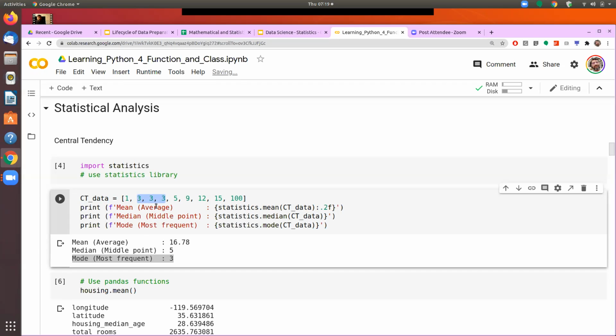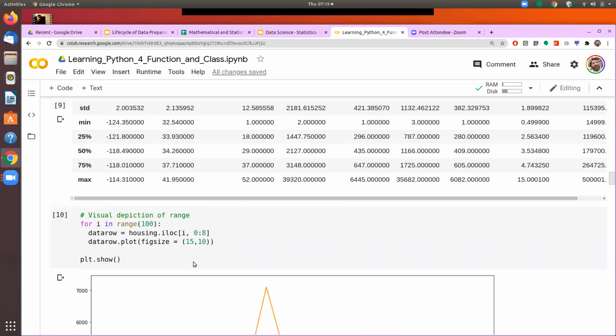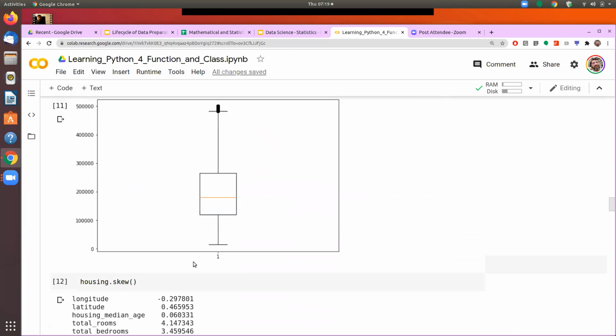Now as we draw the chart of this data, you will see that this mode will show when we draw a histogram, and we will spend some more time today on understanding different types of graphs that can be drawn, and we'll go a bit deeper into each of them. But in the histogram, when you draw, the 3 would have the tallest bar, because as when we depict a histogram, as we had done earlier, let me see if it is already available. Otherwise, we will run that once again.